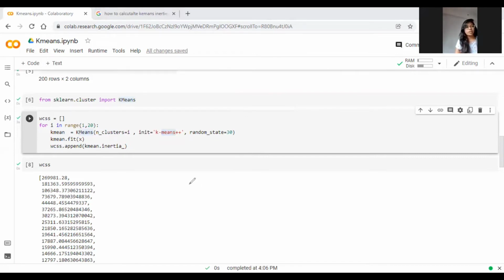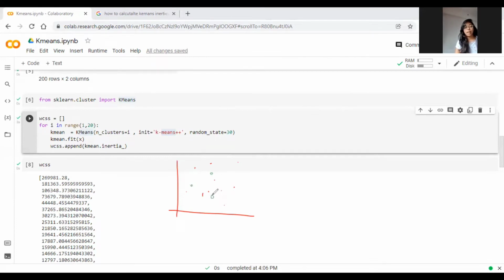In K-means, suppose this is our data set, and the K which we were initializing was randomly getting initialized.